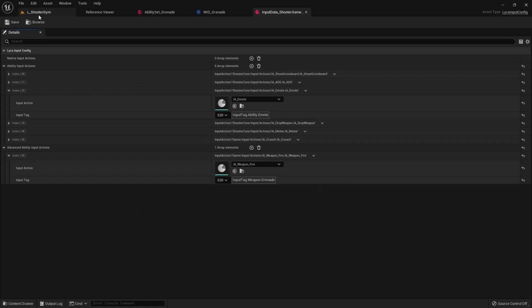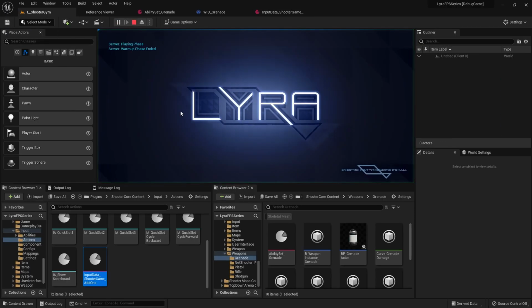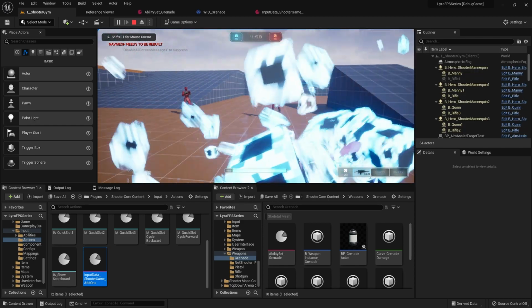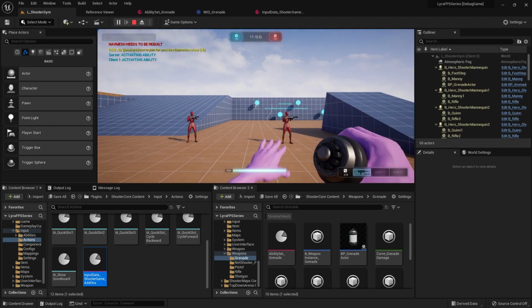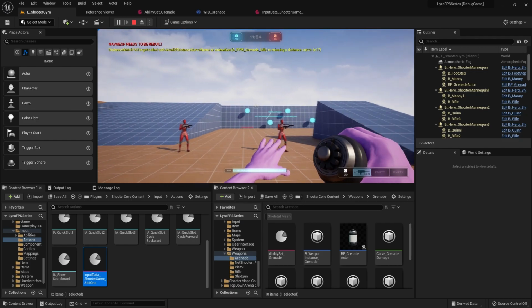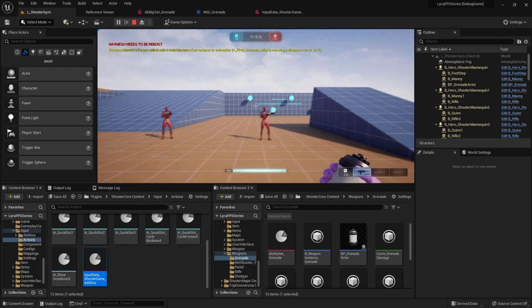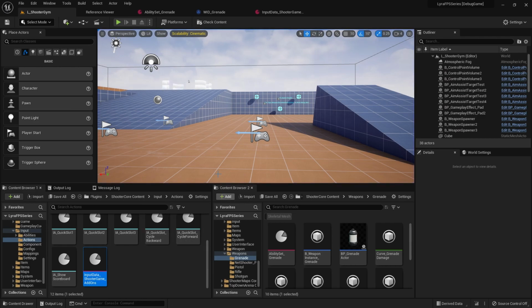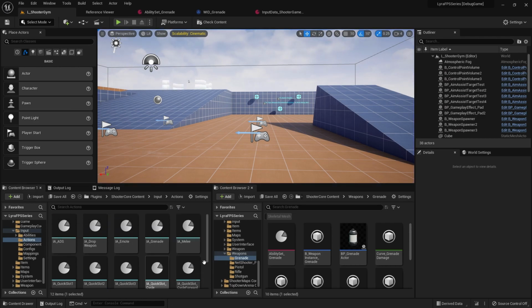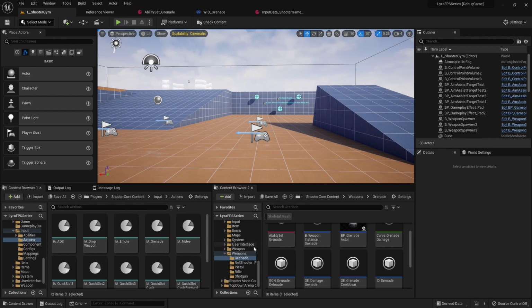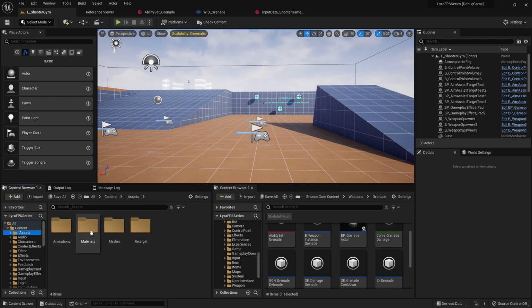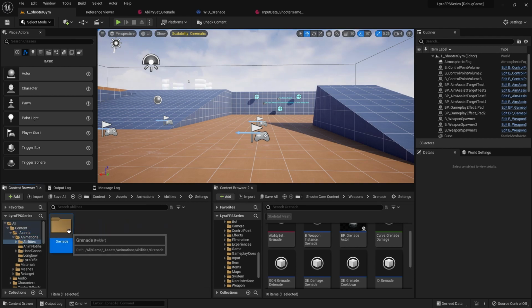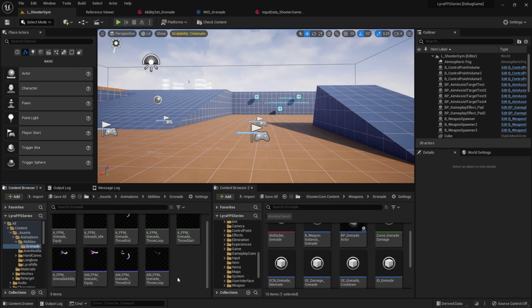So what'll happen here is when we press play and we activate the grenade, when we click here, we actually are still doing that one-off animation here. And that's because we haven't really set up the montage to work with this new setup. So we need to navigate to where we have that montage. So that is in assets, animations, abilities, grenade, and then we want to go to this